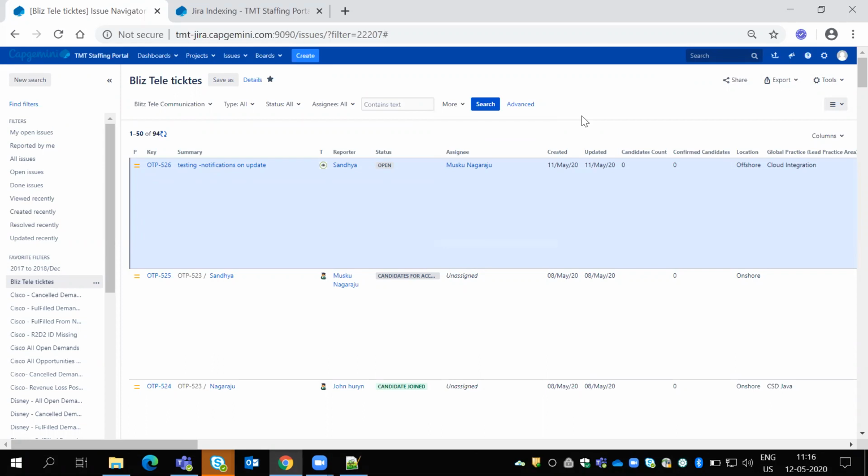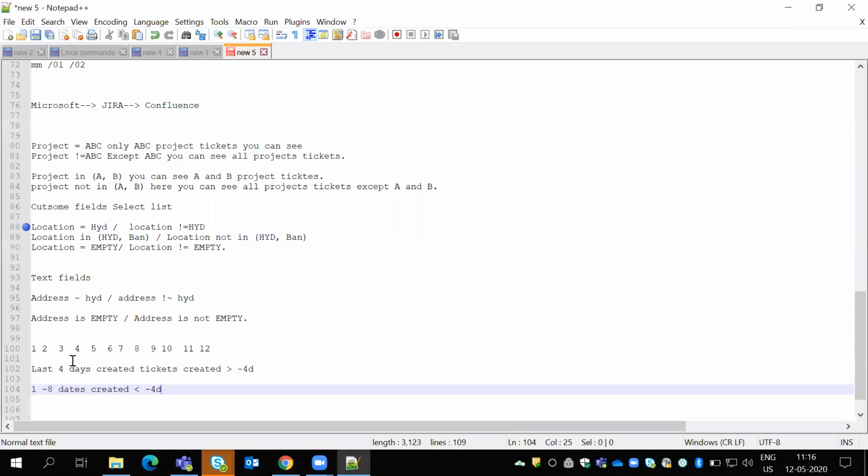We can use, instead of created date, an updated date. So updated date not in the last 4 days, we can write updated minus 4 days or something.